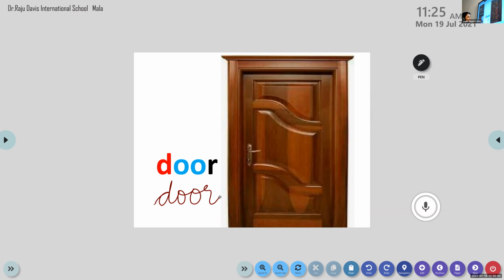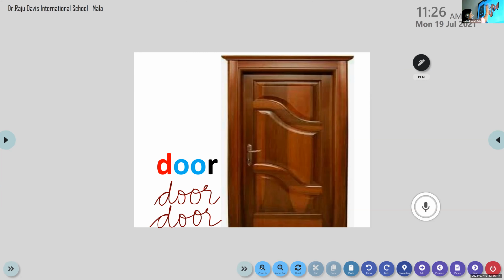When you write the word, children, sound out the word as you write. Each letter has a distinct sound. So letter D has a sound of D. O, so it is "do." Write it, all of you. D, O, do. Write it. Okay, now let's move on to the next word.